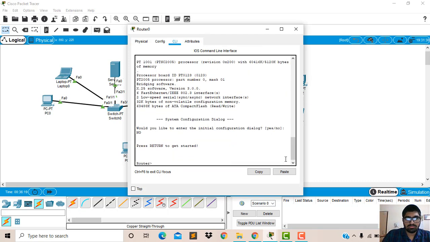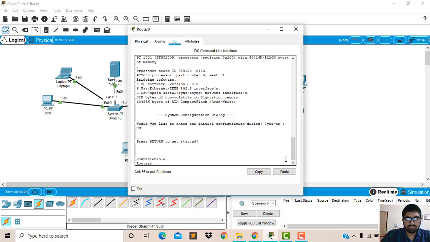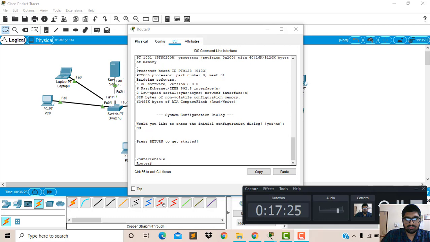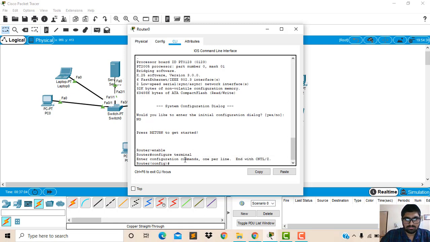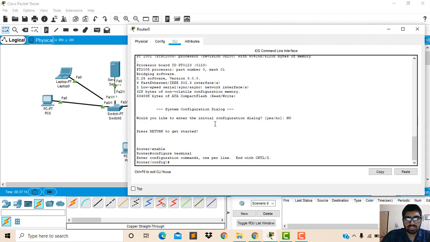Here we have to enable first, and the second one is configure terminal. Now to communicate between all the servers, laptops and PCs, we have to enter the default gateway to communicate with the other web services.